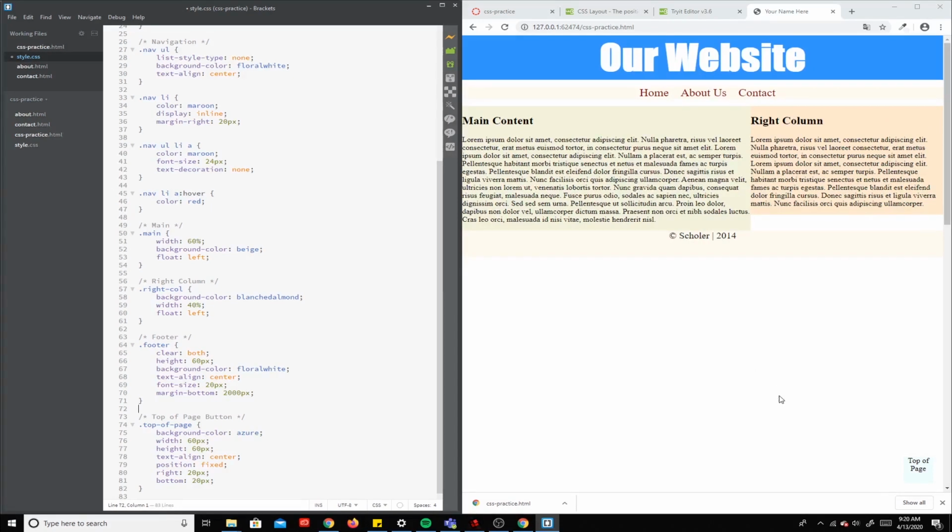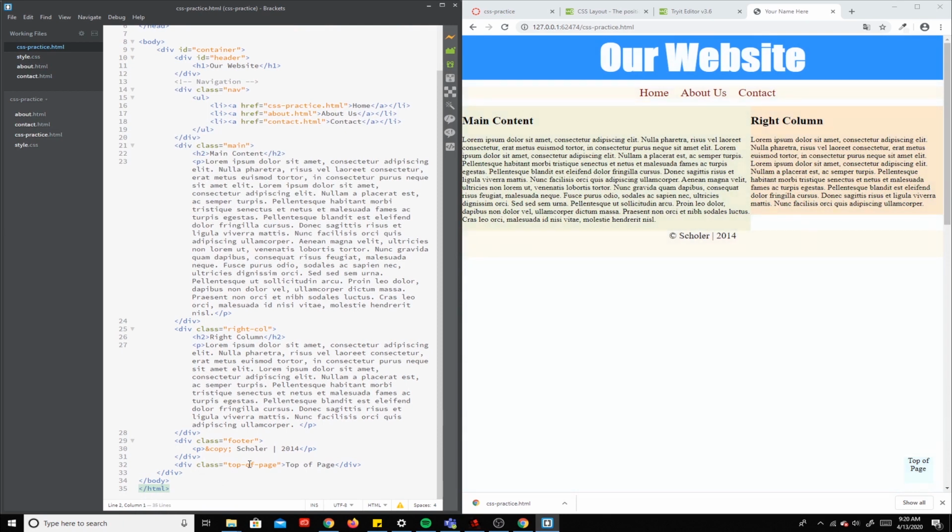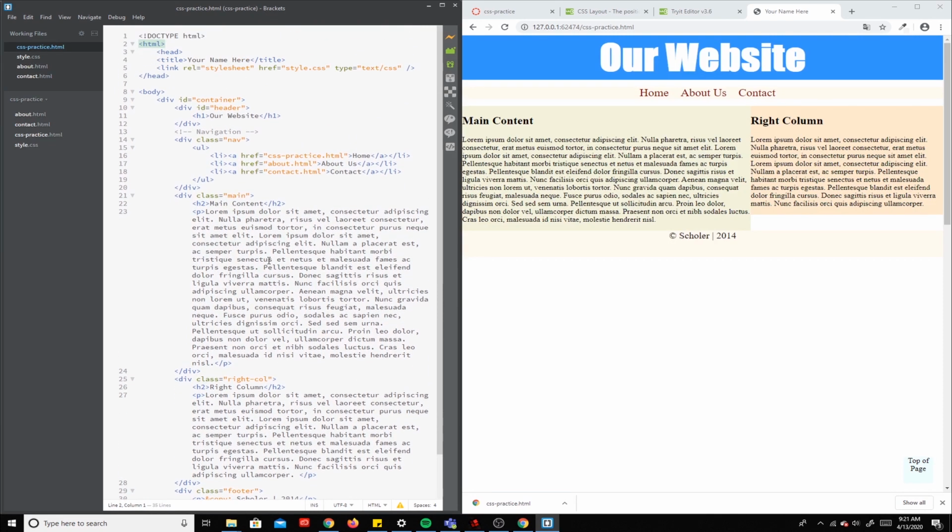Last part is we need to make this actually functional. So we're going to go into the home page where that button lives, and it's got a top of page text here with a class. We need to tell it where to go to when we click on it, so we're going to go here to the top to where our header is, and you can see there's already an ID that lives there called header. So you need to have an ID somewhere on your page, so we'll go to the ID of header,